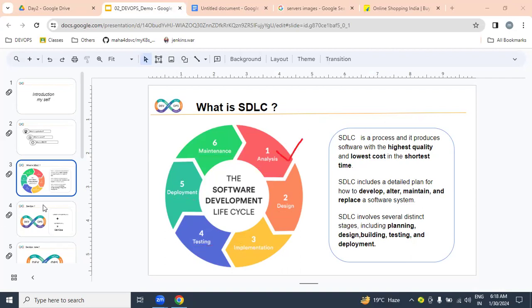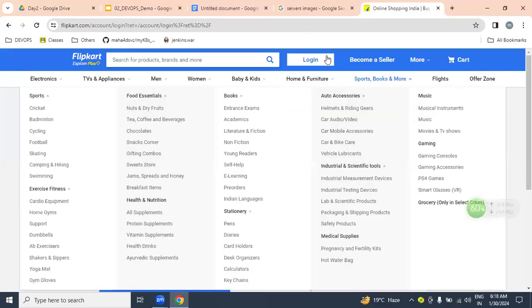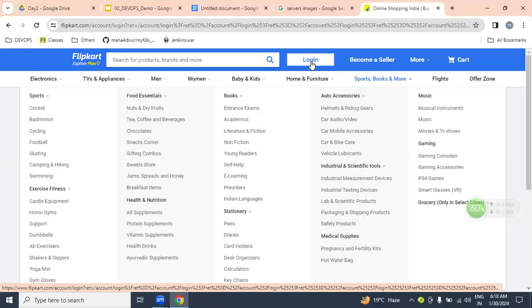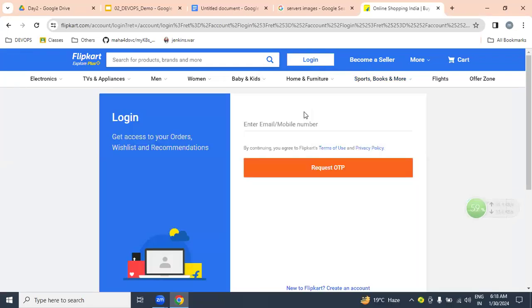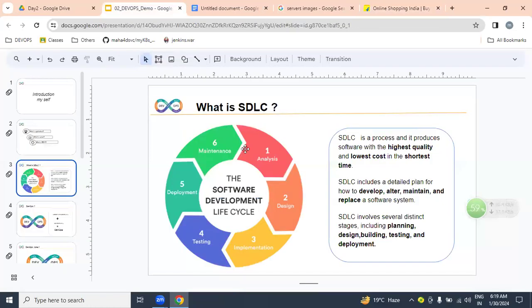What is the first step? Analysis means gathering information from the client: what is a login page, registration page, payment gateway, search page, dashboard, accounts, and each and everything will be gathered from the client. Based on the gathered information, it will be analysed. Once it is analysed, our architects will do the design. Design is nothing but a plan. According to the plan, our developers will write the lines of code, which you call software. Whether the software is working or not, our testers will verify the functionality.